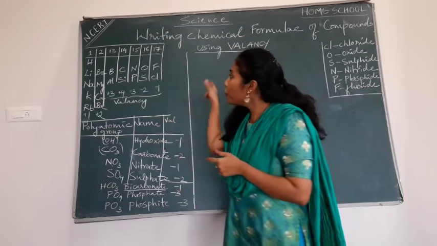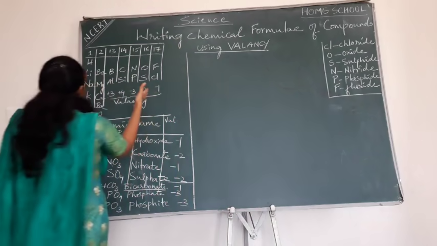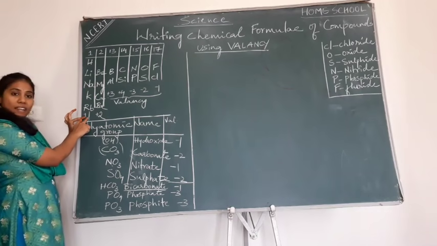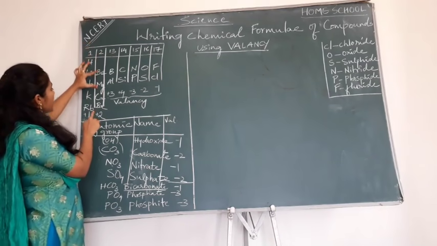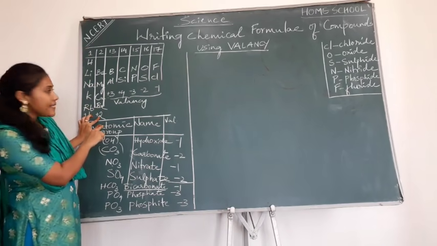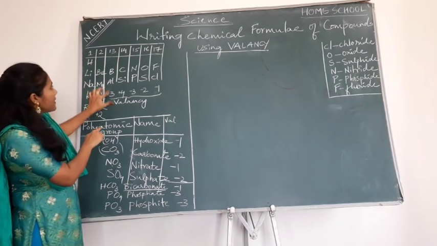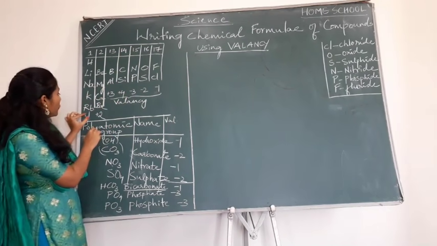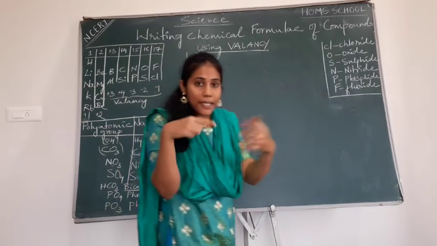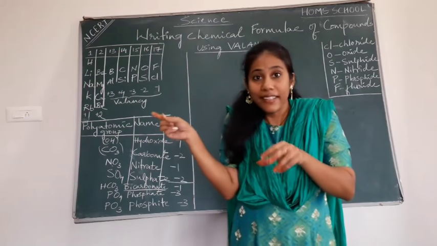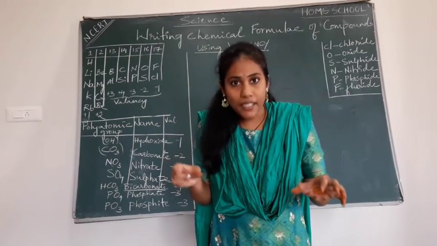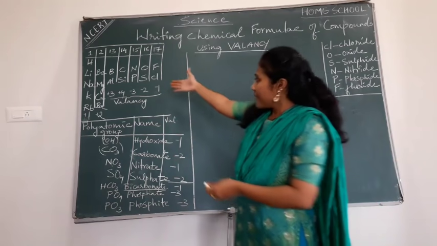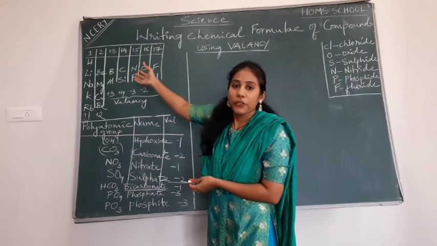And also I gave you group wise valencies. Once again I have written here: group 1, all these elements come in group 1 and its valency is +1. All these elements coming in group 2, its valency is +2. Group 13 valency +3, group 14 is 4, group 15 is -3, right? And I also told you the importance of this sign. What do you mean by plus sign? What do you mean by minus sign? I am not going into much detail about this because I already covered it in a previous video. This is very important information that you have to remember.